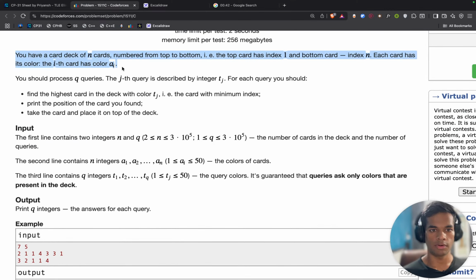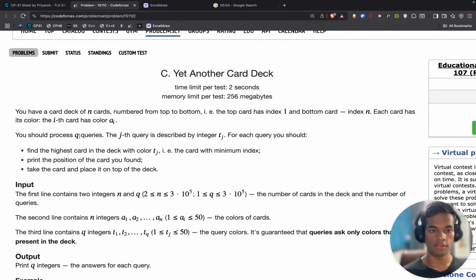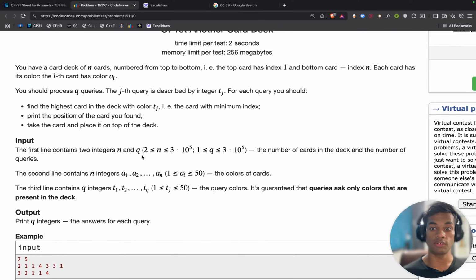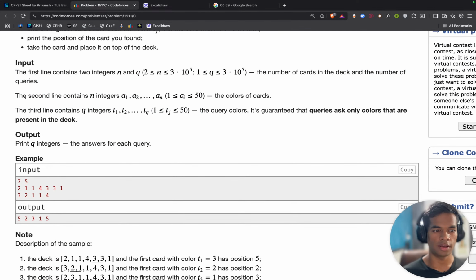Okay, I already have a deck and I have q queries, j queries, a_i is the color. If query is high, I do not want it to go again and again. Okay, this is something related to a question that I did earlier. The second line contains n integers, a1 to an, and q and n.